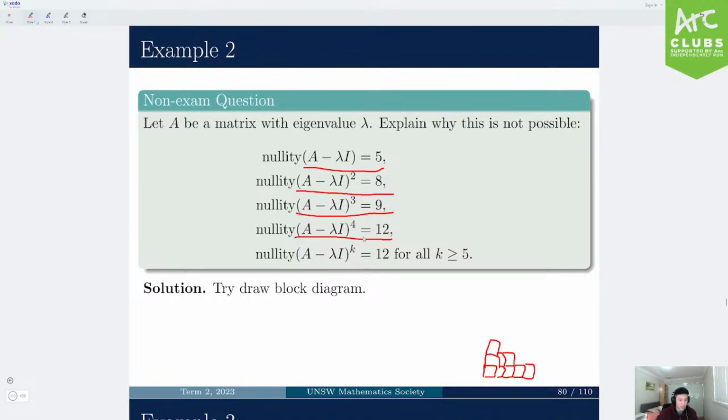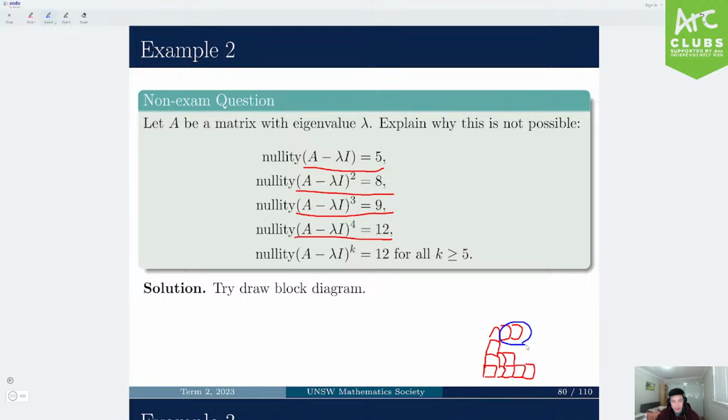Nullity of A minus lambda I to the 4 is 12, so we have to add on another 3 blocks here, and for all values after, it's going to stay 12. Notice that we have this overhanging part over here. Now, a valid Jordan block should always be a staircase sort of shape, and if we have this overhang, that's going to tell us that